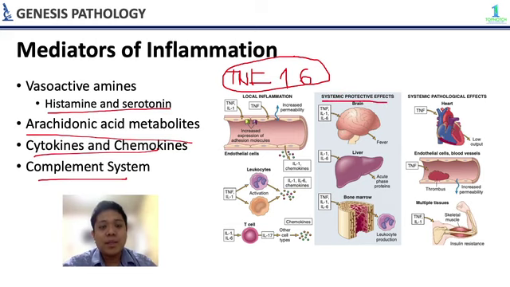So, di ba usually kapag nagkakaroon tayo ng infection, nagkakaroon ng fever, it's because these cytokines will go to the hypothalamus and increase the temperature regulatory set point para magkaroon ng fever tayo. And then, they will also stimulate the liver to produce acute phase proteins and the bone marrow to produce more leukocytes. And then, ito naman sa systemic pathologic effects, magkakaroon ng low output yung heart, increased permeability, and insulin resistance.